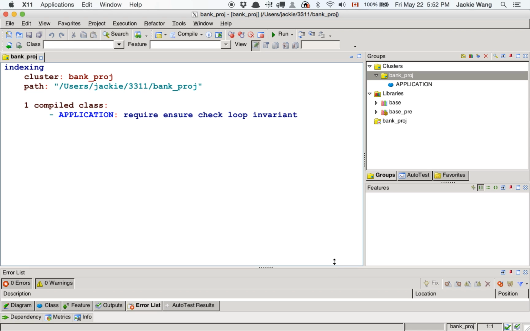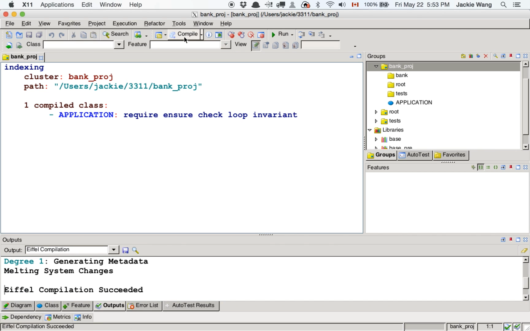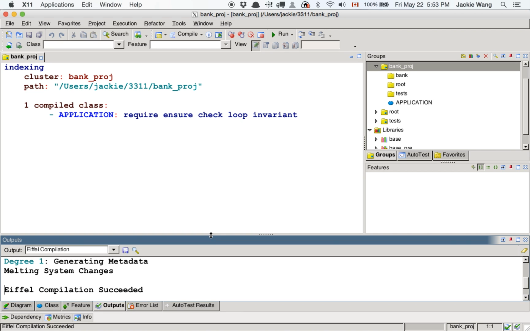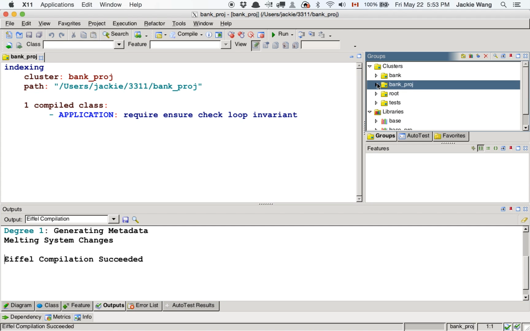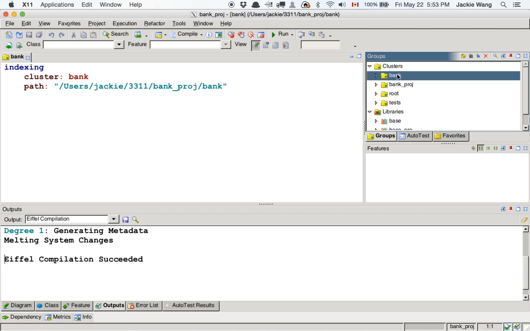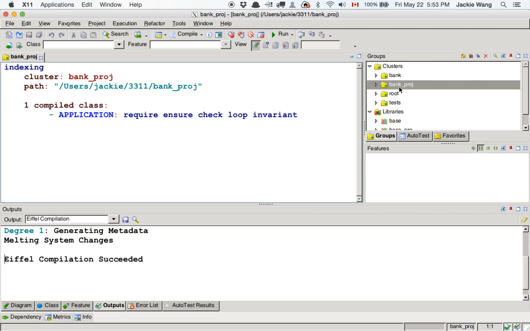OK. So now we are going to compile the system and see if that will compile. Let's see what happens. If we compile, that is OK. So now that means we actually have no error. However, you can see that there's one thing I forgot to do, because the only 3 clusters we want to maintain are the bank, root, and tests. And the bank project cluster, which refers to the current top directory, is kind of redundant,